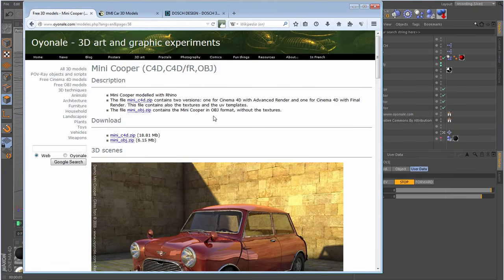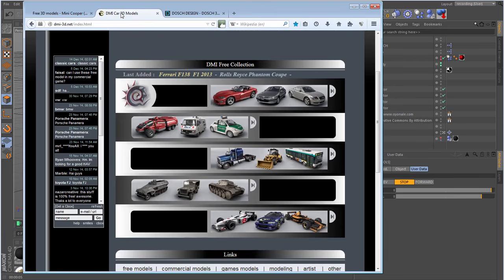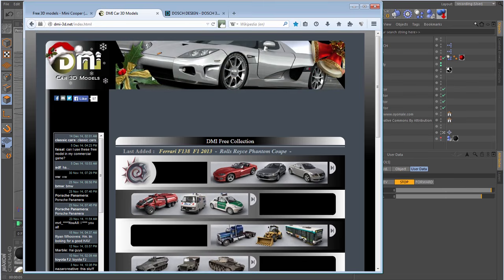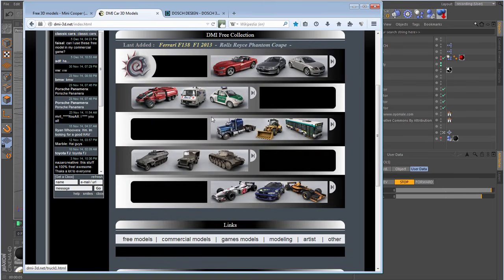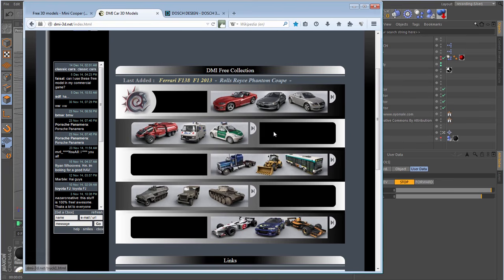Now another place that I go for free models is this place called DMI-3D.net, and they've got loads of stuff. Now some of these models are Lightwave objects, that is .lwo, but Lightwave will open in Cinema, so that's okay to download them, and they've got some free stuff and some paid for stuff I think, but I just use their free models. And I've used a police car from their series of emergency vehicles. I've also used this blue truck, this Freightliner truck, and they're not bad models for nothing. In fact, I can show you those 2 models in Cinema.